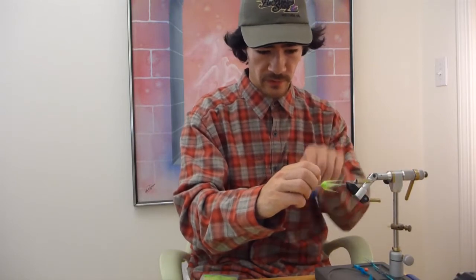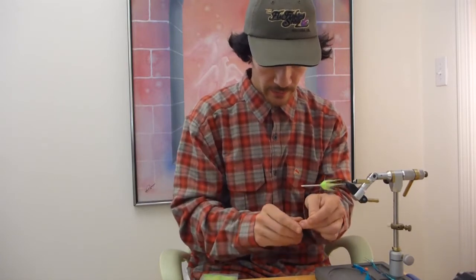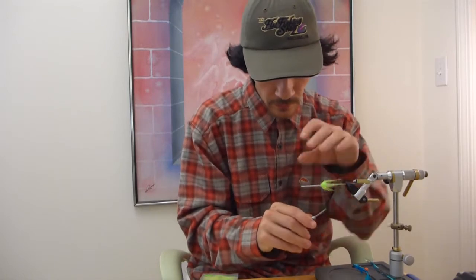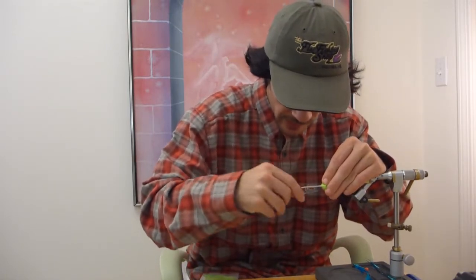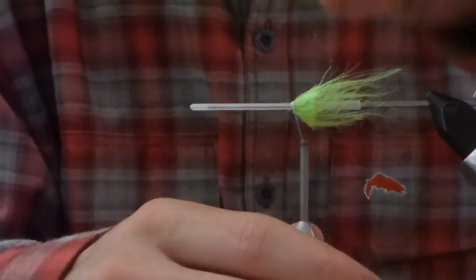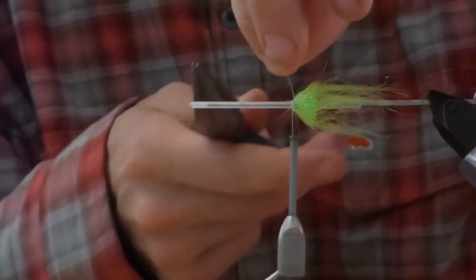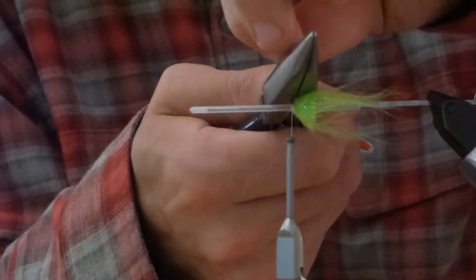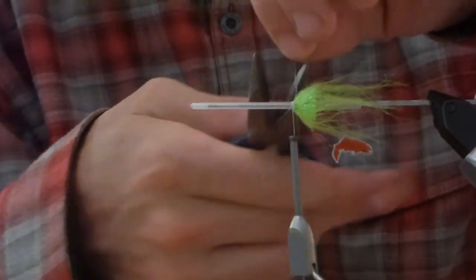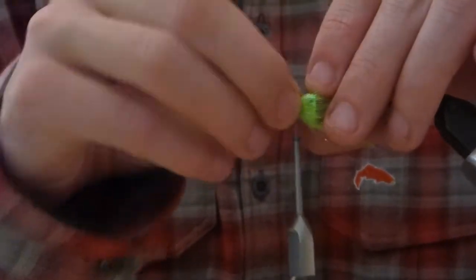You're going to want to make a couple wraps behind the wire with your bobbin. Fold that wire back. Make a couple wraps over top of that. Then from there you can either use a small pair of tungsten carbide scissors or a pair of wire cutters to cut the remaining tag of wire. Now I like to give it a little bit of a crimp and then a wiggle. Crimped it, got that off of there. Now the base for our fly is finished and we're ready to continue with the next step, which is flash